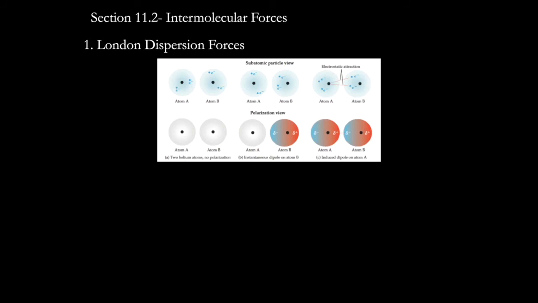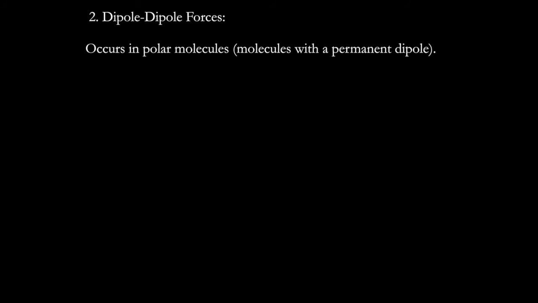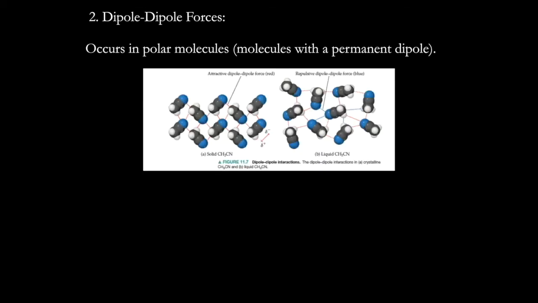Now, when we're trying to list out all of the different types of intermolecular forces that molecules or atoms can have, if you have a nonpolar molecule, the only intermolecular force it will have is London dispersion forces. The other types of intermolecular forces I'm going to talk about happen to be for polar molecules. The next type of intermolecular force is dipole-dipole forces. Now, dipole-dipole forces only occur between polar molecules. And that's because those polar molecules have a permanent dipole. And so dipole-dipole forces are those attractions between dipoles, the partial positive and the partial negative, that we saw in London